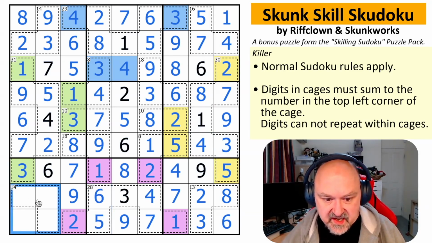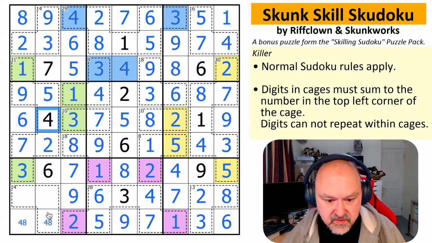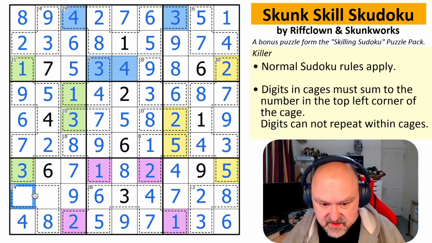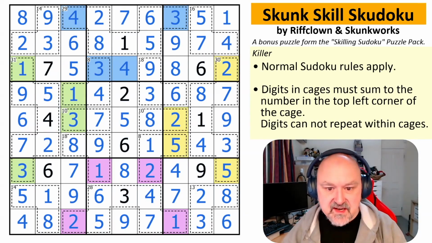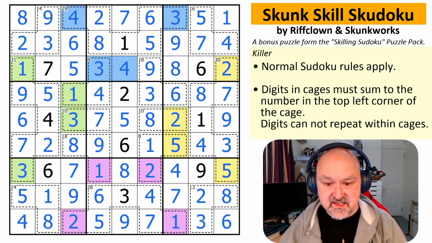And now this 14 cage, I could do the same trick to get that now, but I'm just going to do Sudoku. This is 4 and 8. The 4 looks down, making that 8 and that 4. I'll bet you there's a whole bunch of Sudoku with given digits that I just completely ignored because given digits are nearly invisible for some strange reason. 1 and 5, and that completes the puzzle Skunk Skill Skudoku by Riffclown and with the assistance of other members